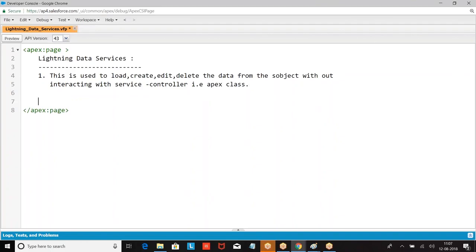LDS will obey, LDS will run as user context.